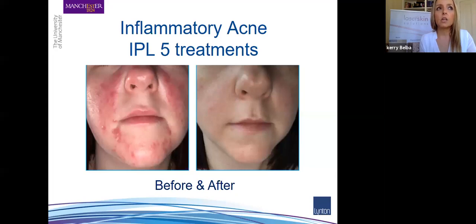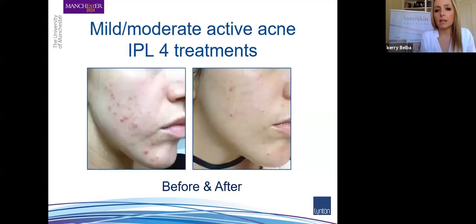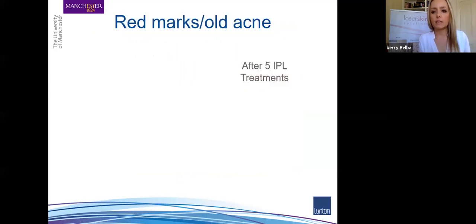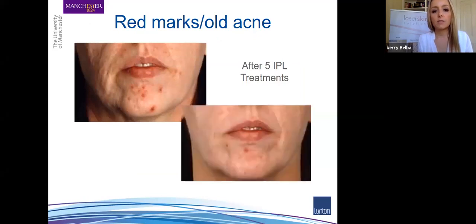And I think once you put them on really good skincare as well, and you get them back in, I say to them, because sometimes they ask, should I wait until it gets really bad? I say no, if you feel like you're starting to break out, come back in and have a quick shot of the laser. But I find the best results come from interspersing it with glycolic